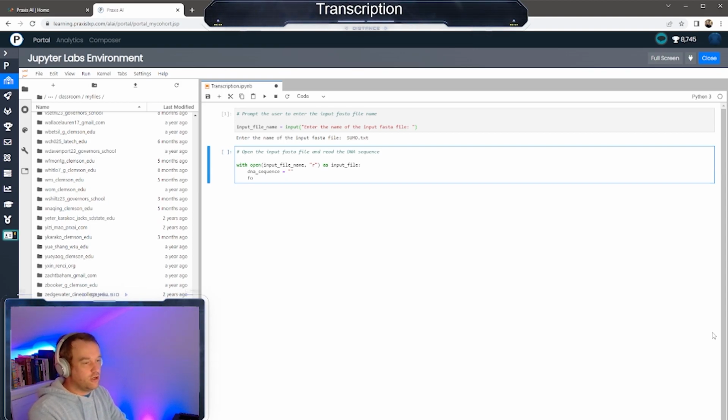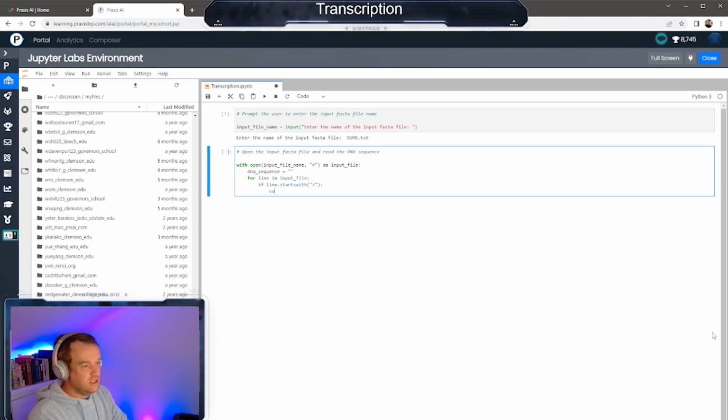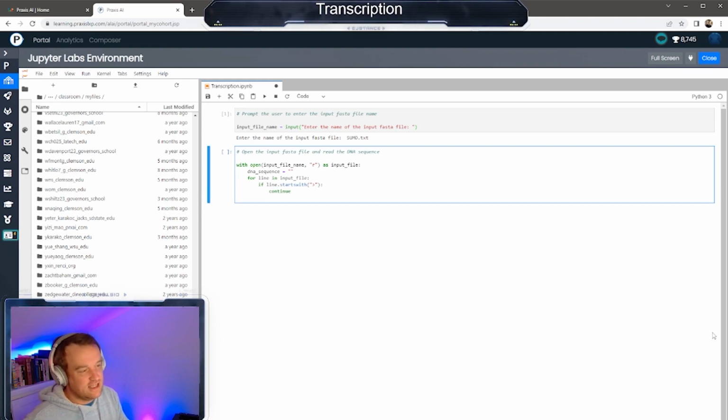Then I'm going to say for line in the input file, so for each line, if line starts with a greater than symbol, continue. So all that's saying is, if you remember,